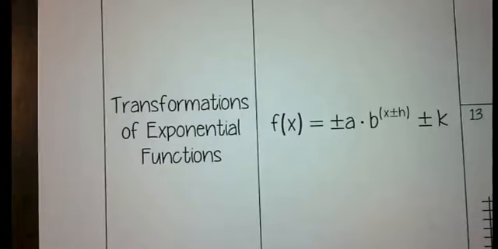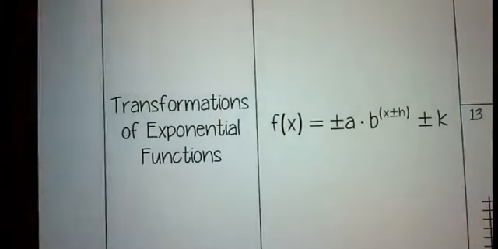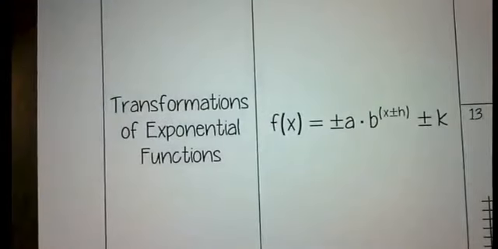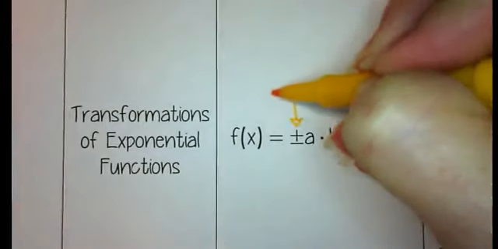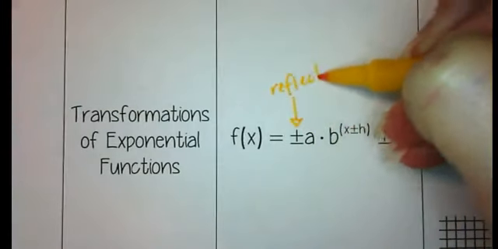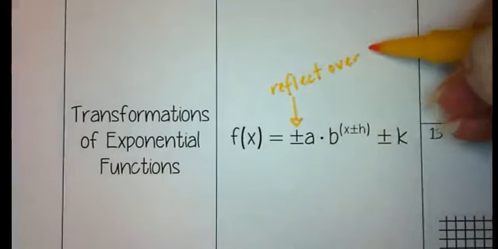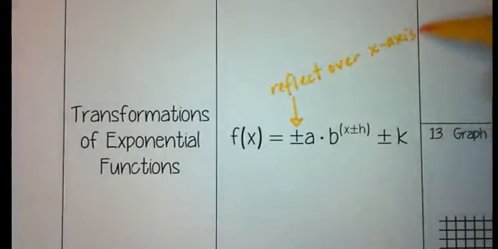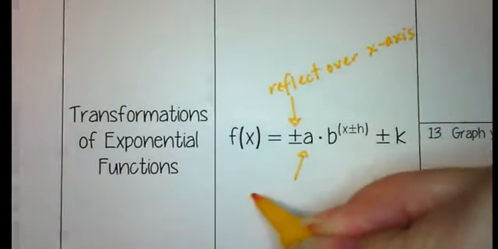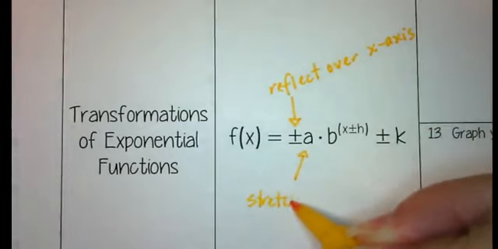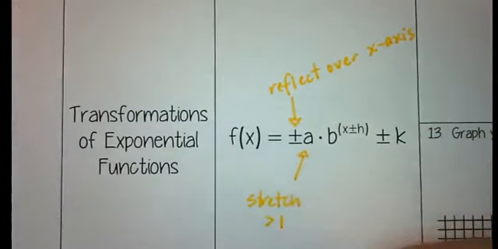Okay, so this is the second video for Unit 4. We'll look at transformations, and the good thing about transformations is that these follow exactly the same way they did for the parabolas. So this right here tells us that it is a reflection over the x-axis. So if it is a negative, it's going to reflect over the x-axis. The value of A right here is a stretch if it's greater than 1, and it is a shrink if